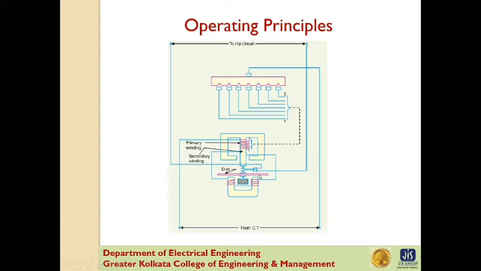And the moving contact bridges with the fixed contacts when the disc has rotated through a preset angle. The trip circuit operates the circuit breaker which isolates the faulty section.